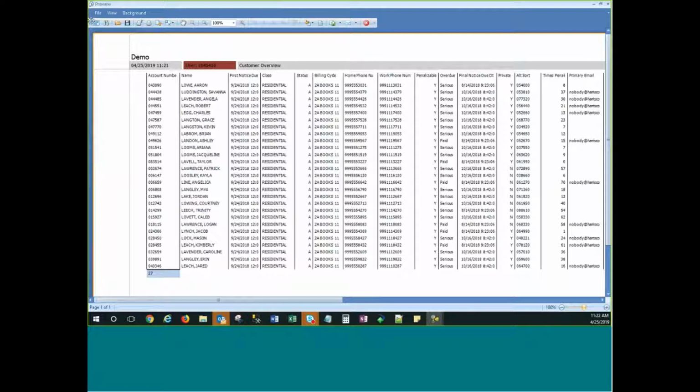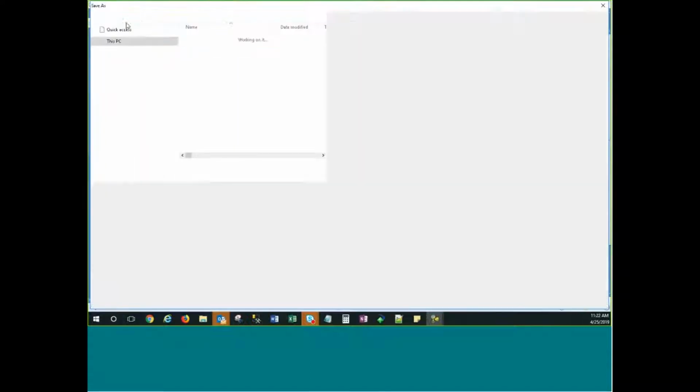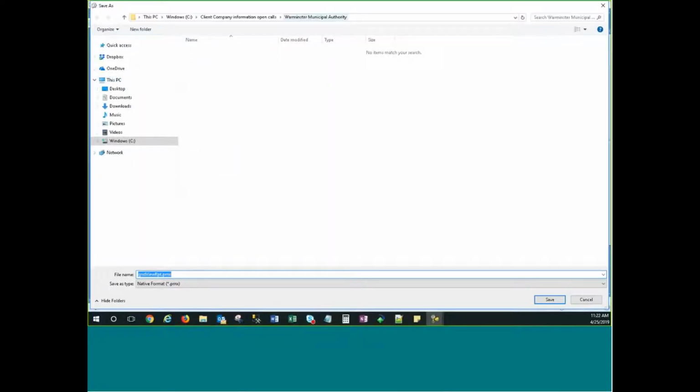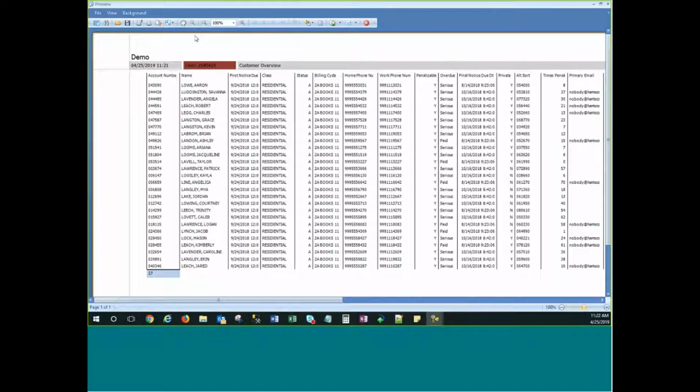You have all of your normal reporting options here. If you would just like to print the report, you can print it with these icons here. You can save the report. If you save it, it's going to be a .prnx. The only program that's ever going to be able to open that, that I know of, is this reporting program here. So if you have a .prnx file, you can click File, and you may have to go to the